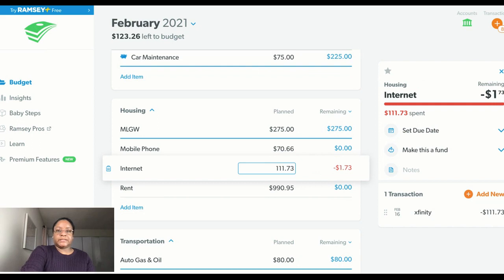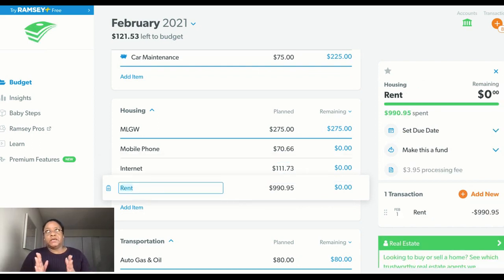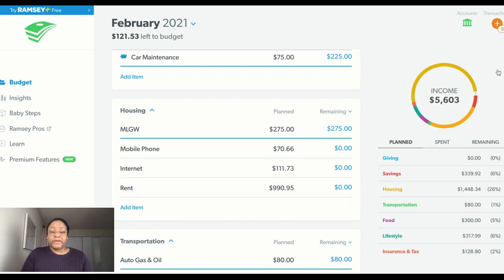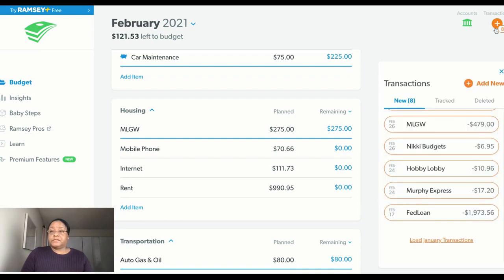And at some point, I got to stop being so lazy with the cell phone. T-Mobile bought Sprint, and I need to see what kind of plan, because I may need to change my plan. I don't feel like upgrading devices, because you guys know that in this household, the boys pay 50 for their lines and I pay the remaining that's on our plan. And we haven't even discussed if they want new devices and stuff like that. But if they do want new devices, then they know they are responsible for paying for those devices. Mom is not paying for those devices.